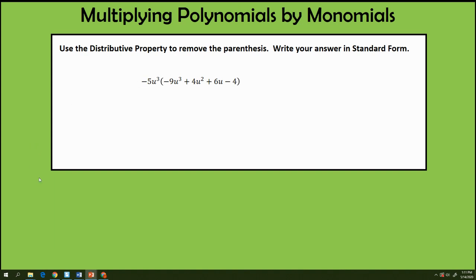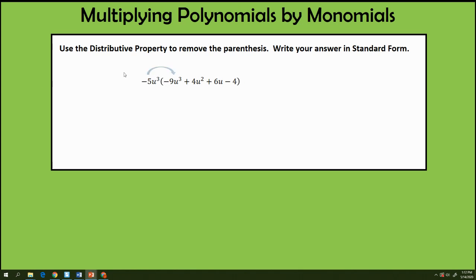Okay, let's look at another one. It's a little bit more complicated, and the only reason it's more complicated is because I added another term in here. It's a monomial, negative 5u cubed, times this polynomial, which has 4 terms. The first term is negative 9u cubed. The second term is 4u squared, then 6u, and then negative 4. So we have to distribute this monomial term